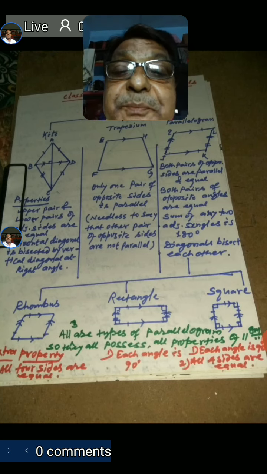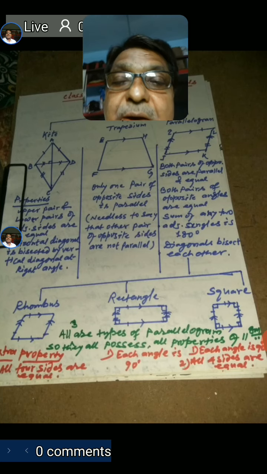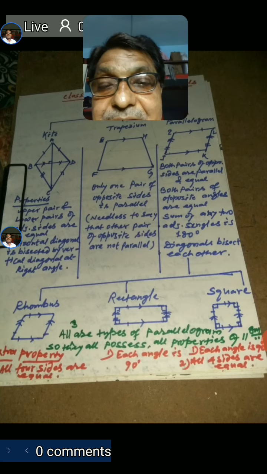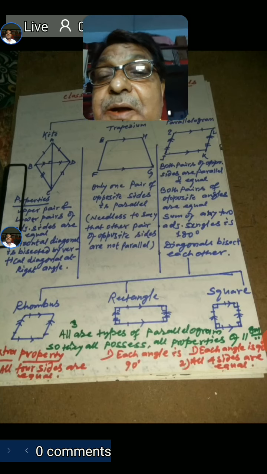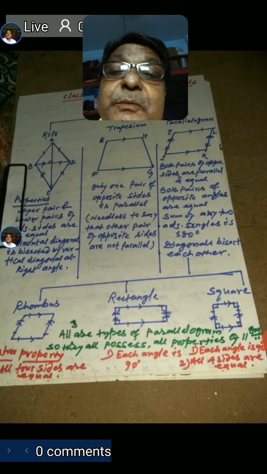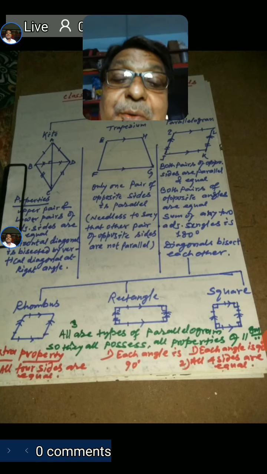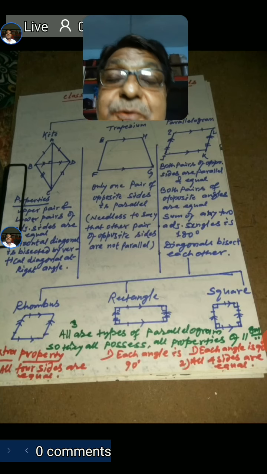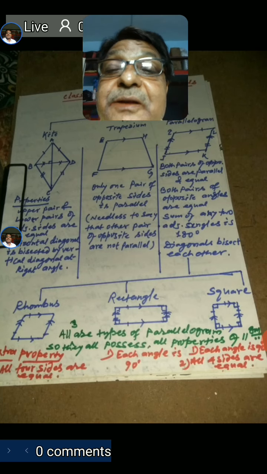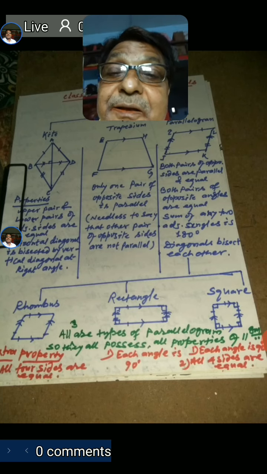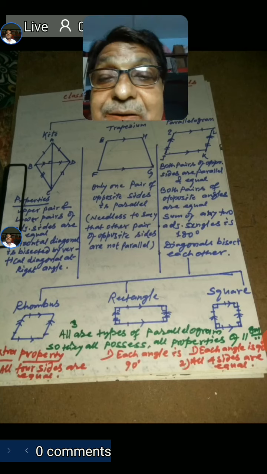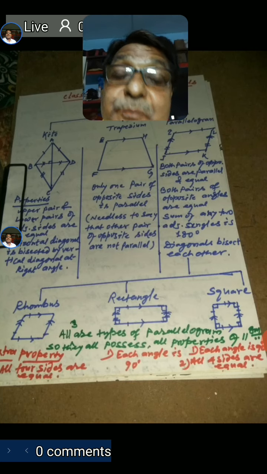Now come to the main category, that is square, where it possesses all the properties of every quadrilateral. You see, basically it is a parallelogram, as here also both pairs of opposite sides are equal. Now if you see the two adjacent sides, which is required for a rhombus, that if two adjacent sides of a parallelogram are equal, then it is a rhombus. It also has any two adjacent sides equal, which ultimately makes all four sides of this quadrilateral equal. It means it is like a rhombus also.